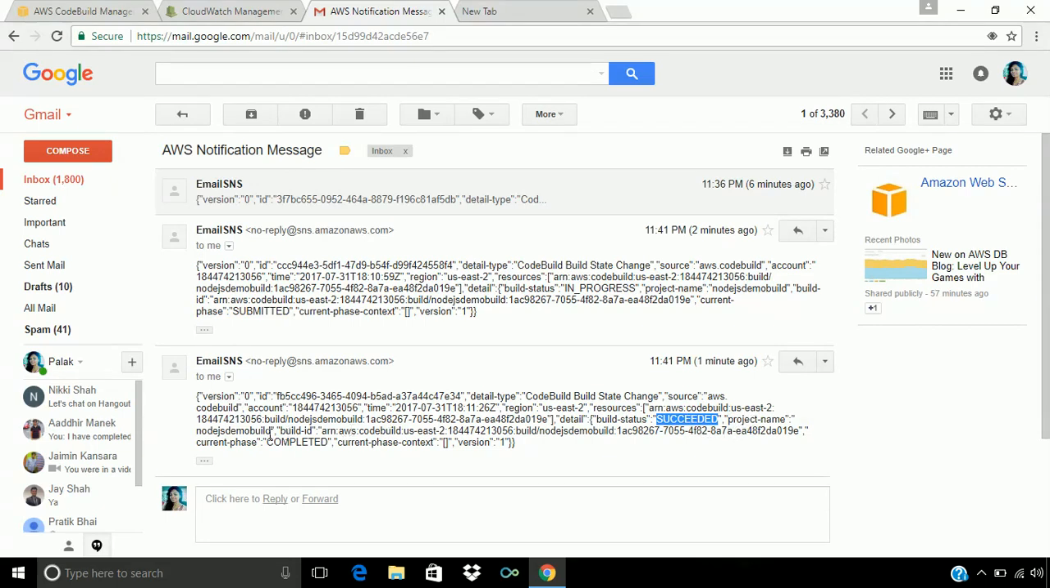Here the project name is Node.js demo build. If we haven't specified any project name, then it will notify us for all the build projects present in our CodeBuild dashboard. So this is how we can get notified for any build status changes or any phases